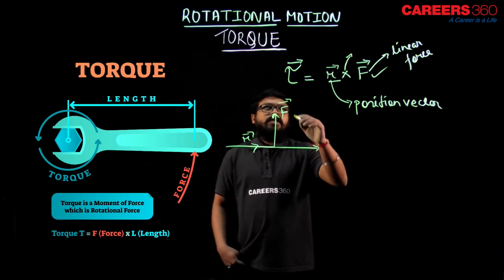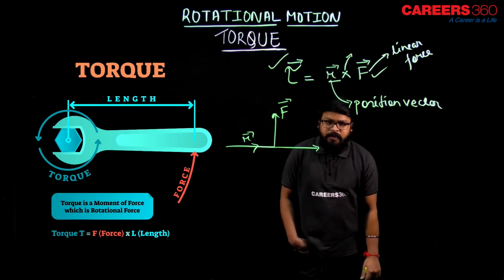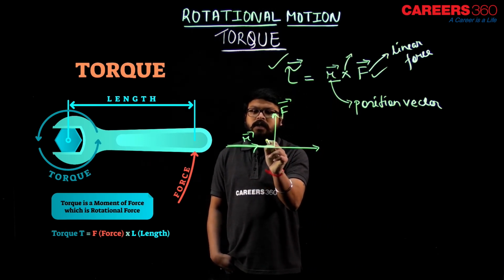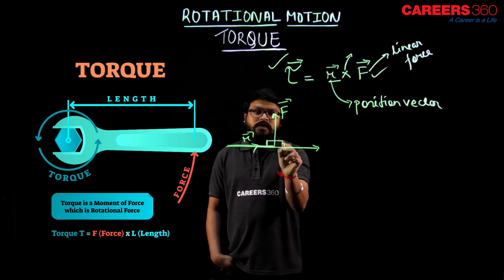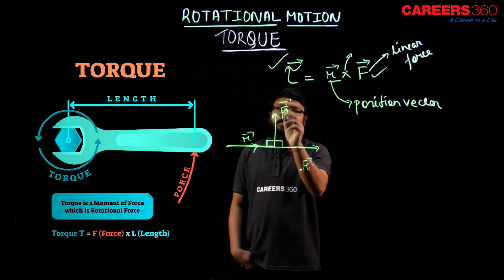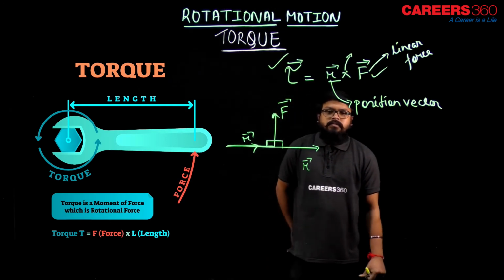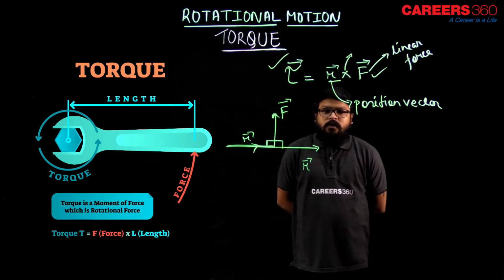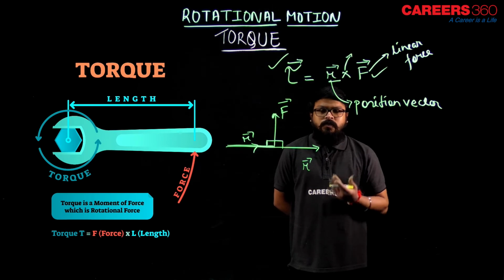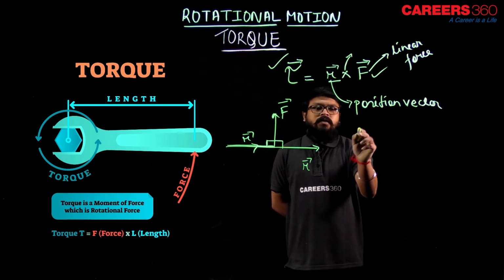So in vector form, we express it by writing tau equals R cross F, where R is the perpendicular distance. As you can see, they are perpendicular. So this is our R vector and this is our F. So R cross F would be nothing but torque. I hope you got that. And torque is nothing but moment of force, which we also call rotational force, and its SI unit